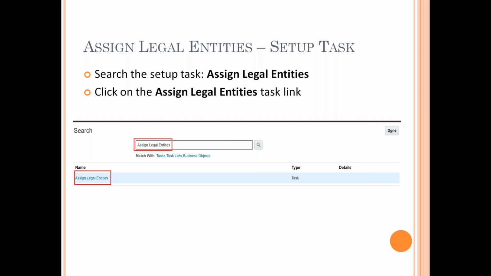So once the legal entity is created, Anup, the next important thing for us is to go and assign this legal entity to a ledger. Why do we need this assignment of a legal entity to a ledger? Because only once you have this, your GL and accounting, everything will start working. So I'll take you to the application and show you this also.